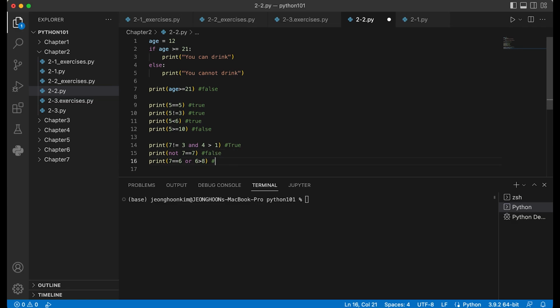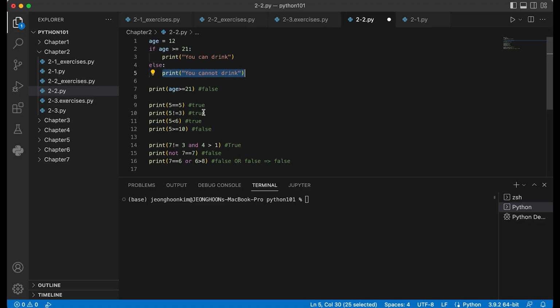What about this? 7 equal to 6, false, because they're not the same. 6 is greater than 8, false as well. So false or false is not true at all, so it becomes false. So here, we know this is false, so it'll go to the else and print out you cannot drink.